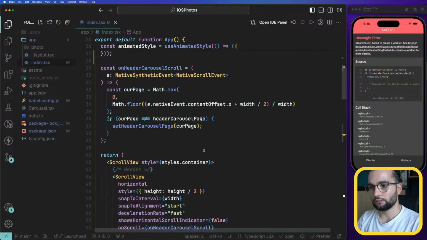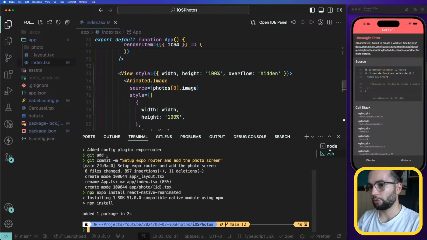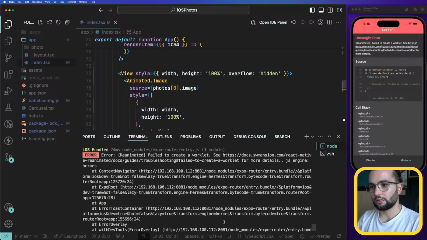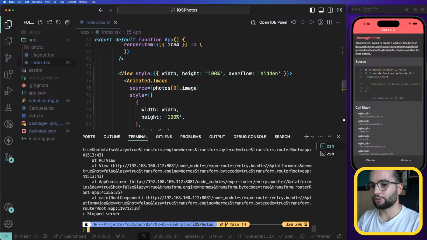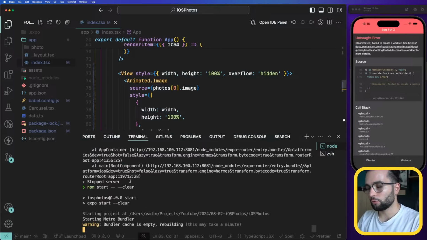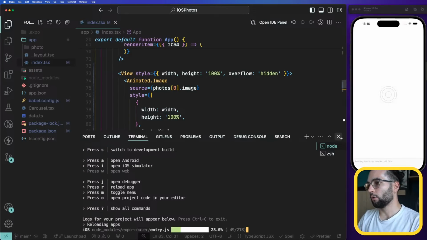Animated style, Animated.Image. Did I restart the application after installing Reanimated? I don't know, but I'm going to do it right now. And if I reload now,